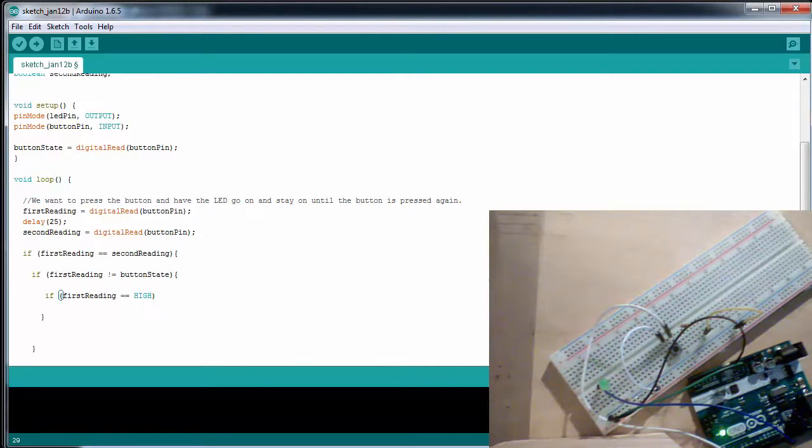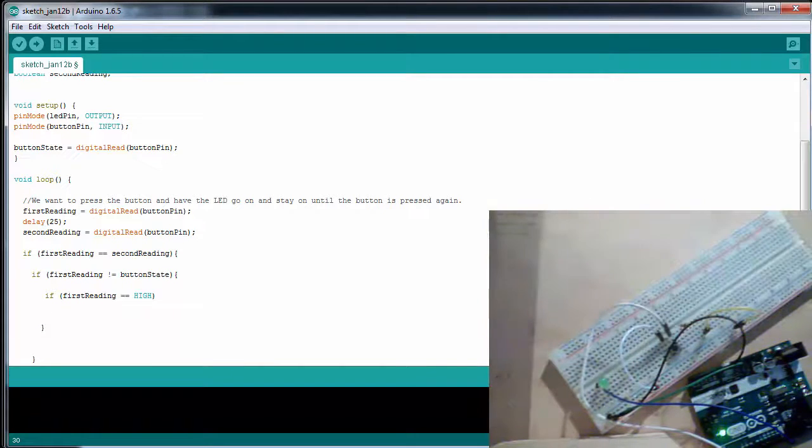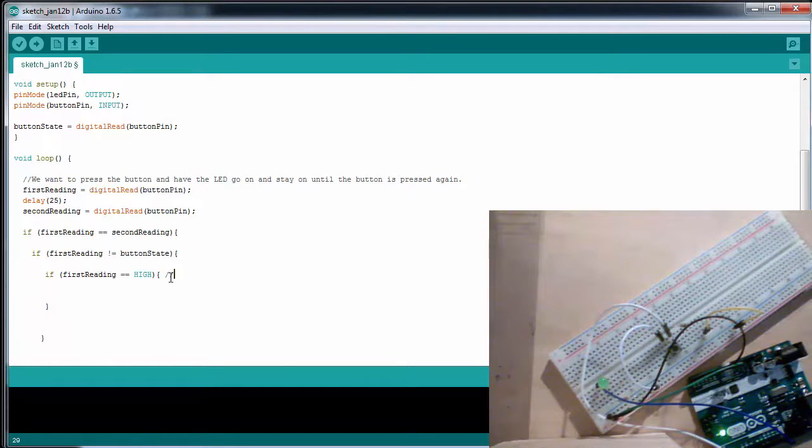is high. And high means that the button is pressed down. You know, when the button's pressed down, that's when the 5 volts comes through. So that's what I want to check. I want to only do something if my button's pressed down, not if my button is released. So if my button's pressed down, I want to check the state of my LED. So if my LED state is true, this just means it's on, then I want to change my LED state to low. Else, I want to change my LED state